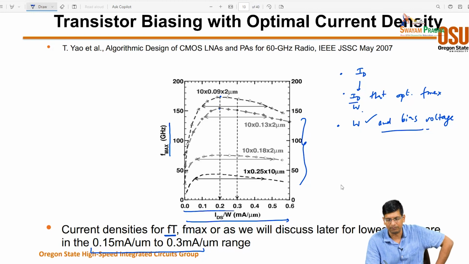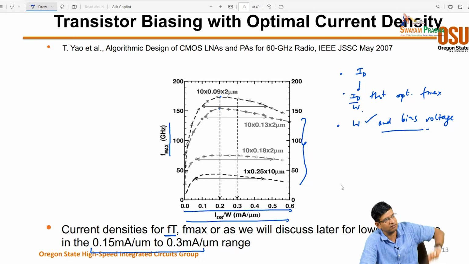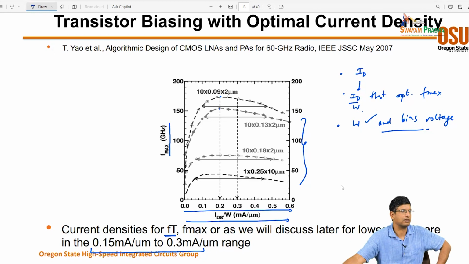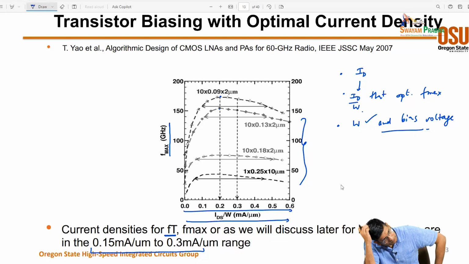And you can run a simple sweep, right? And you can determine for your particular technology which is the best bias that you can have. And it's true for bipolar transistors, sort of, in that current density as well. PA design specifically. Yeah. Are there thermal considerations